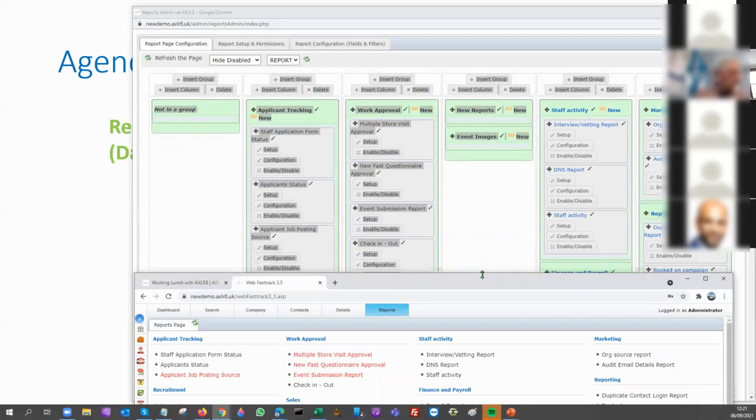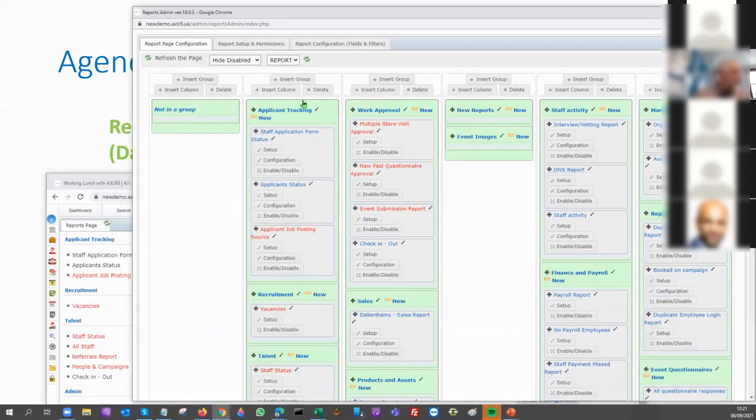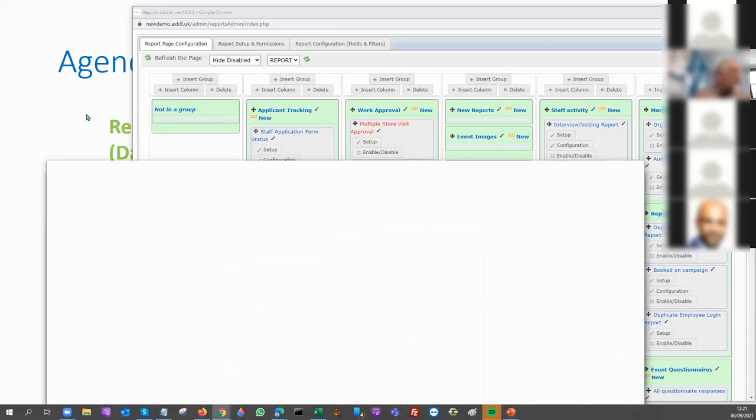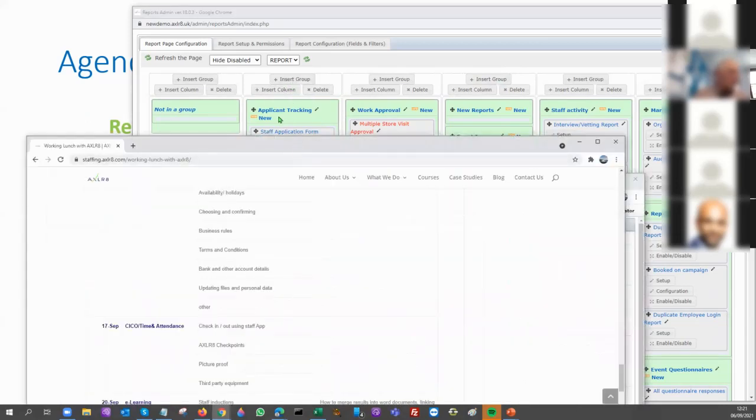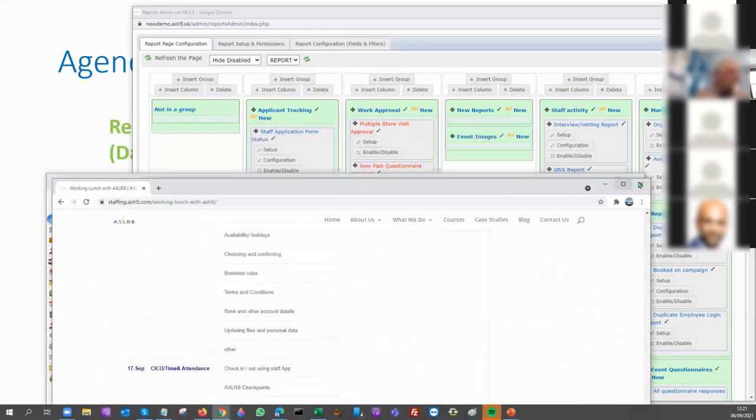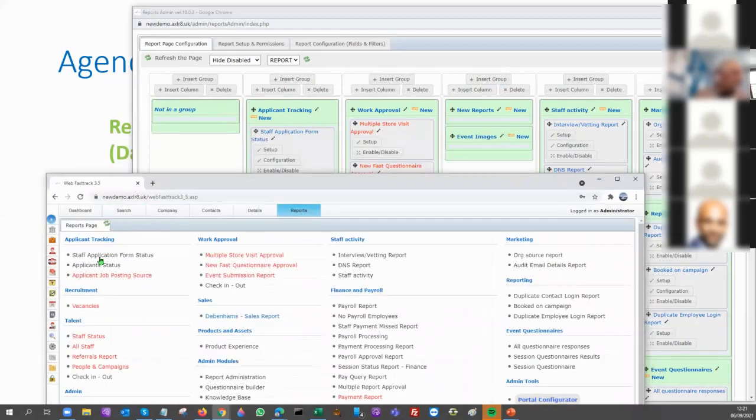There we go. So you can see here the top group is applicant tracking. Because there's no reports in this group, it doesn't appear as another column. Also, this column here doesn't appear. So the first group is this applicant tracking group, and just get rid of that. And in the next column, there's work approval. In the next column, there's staff activity here. Again, these two columns here have been created as a demo or something. And they don't show because they haven't got any reports in them, but you could have 5 or 6 columns